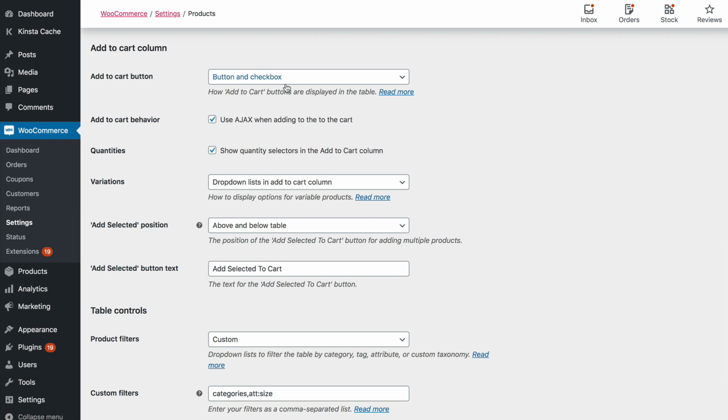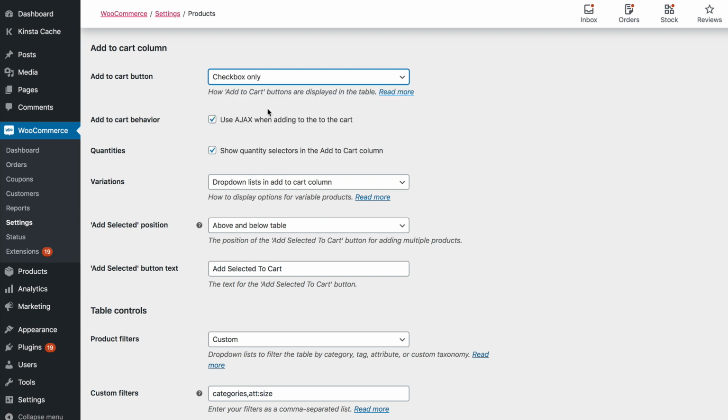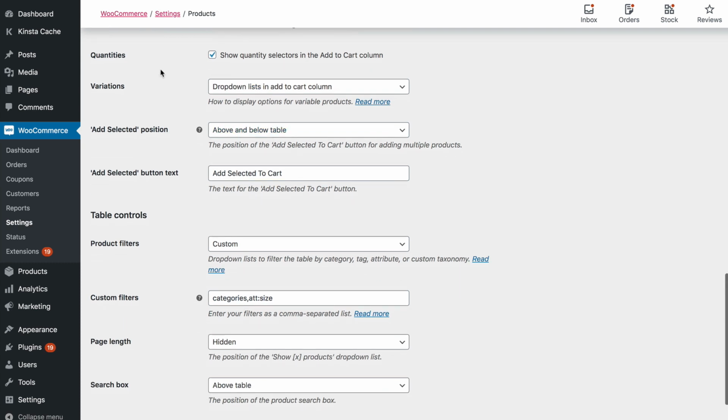Skipping down to the add to cart column, most wholesale stores will want add to cart checkboxes, which means that the wholesalers can tick multiple products and then add them to the cart instantly just by clicking a single button for all the products. So checkbox only or both, whichever you think will be most user friendly for them. You'll probably want quantity pickers, so you want to tick that box so that people can choose quantities from directly